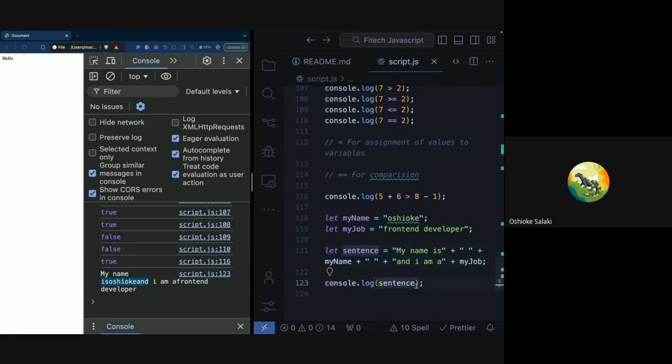So you see how messy it can be. It can get very clunky. What if you have like 10 variables that you want to add in a sentence? It's going to be very messy because you need to keep on adding all these plus signs and these empty spaces and so on. An alternative for concatenation is something called template literals, where we